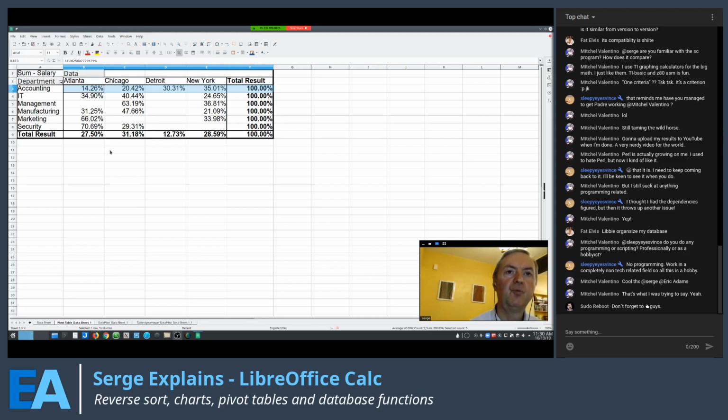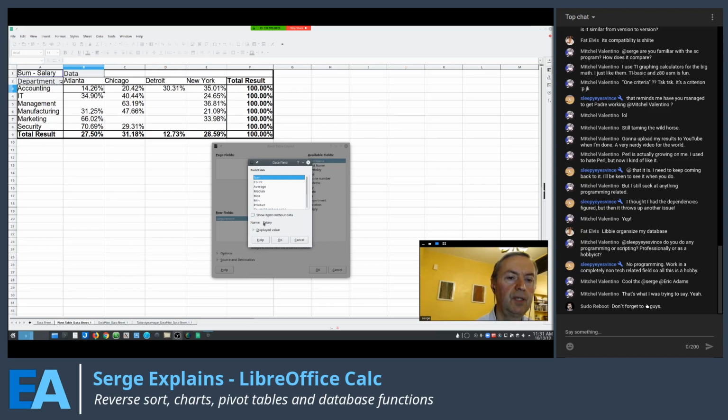Yes, and you have to pay attention that you don't have to count all the percentages in the column Atlanta. It will not give you, of course, 27.5%. 27.5% is the percentage of all the salaries of all the departments in Atlanta regarding the grand total. So you have to pay attention when you choose percentage of row, and we will show it for percentage of column. So could you right click again,